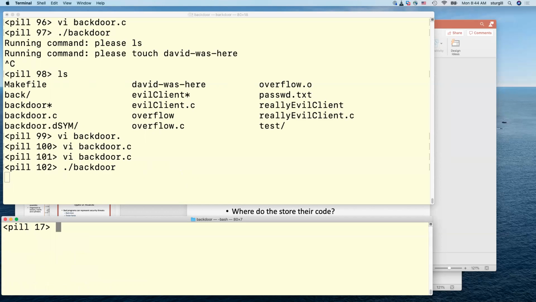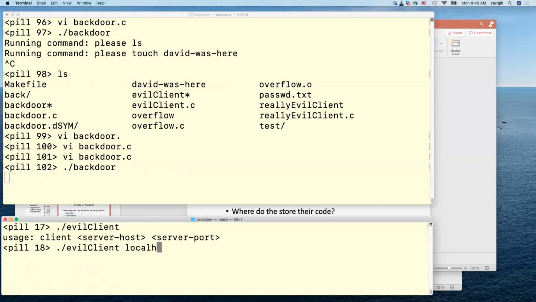It's called Evil Client, and it connects to the server, and instead of having a user type in a sequence of characters, it just sends lots of data to the server, overflowing its buffer. Let's go ahead and run that Evil Client down here. I think it also wants the host name of the server. So that's going to run, it's running on the same system. So localhost and the same port number we were using before. And when I hit enter on this, it's going to overflow the server's buffer and cause it to crash by really overwriting other data inside the server.